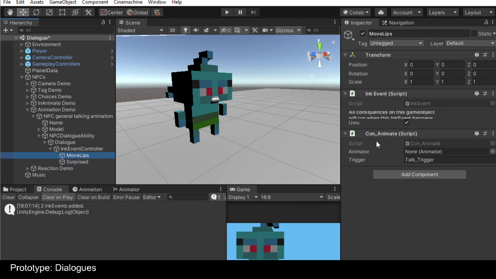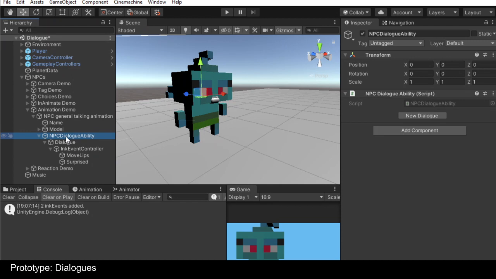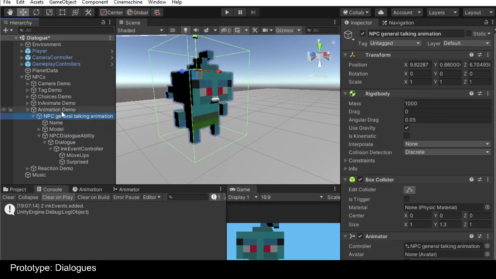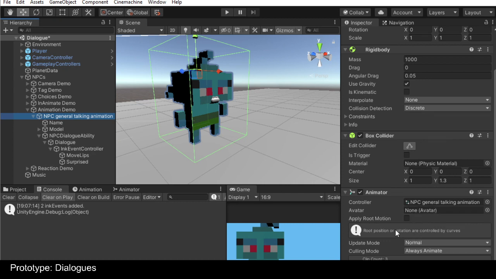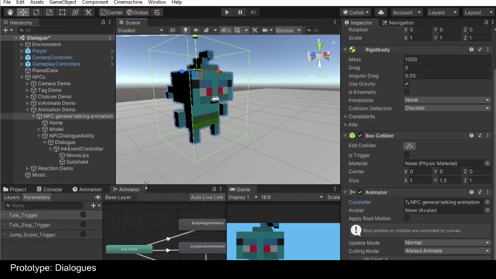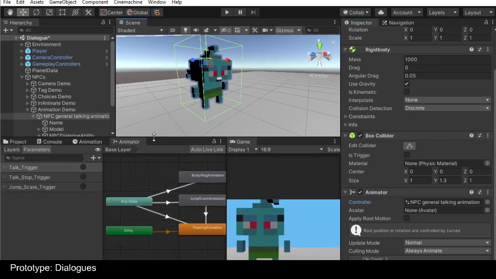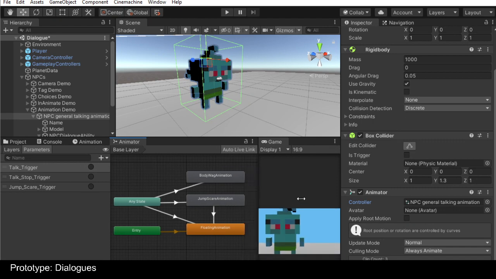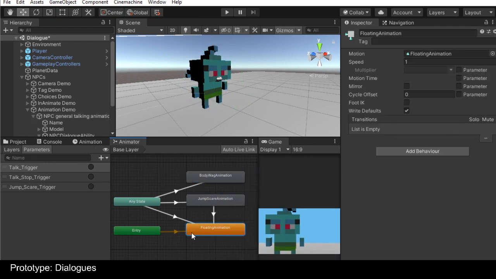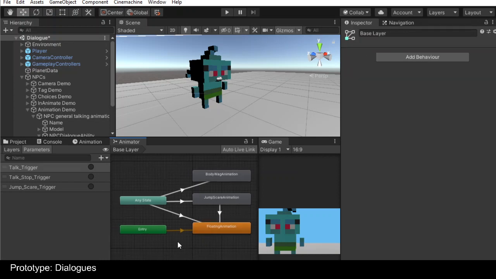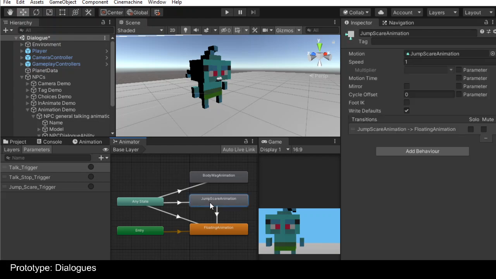And these consequence animations, they need an animator, and if you don't set one, it will go to the nearest NPC, which is this one. No, that's the dialog ability, which is this one, and find the animator for that one. And in the animator, this is how the animator looks. This is very simple. These are 3 different animations. This is the floating animation when it's idle basically. This is a jump scare animation. This is a body wag animation, which is